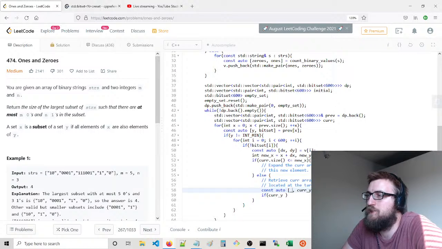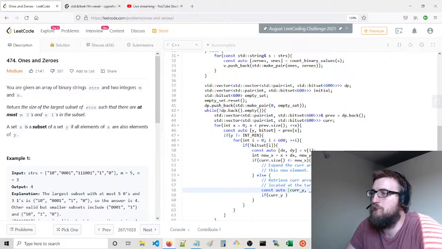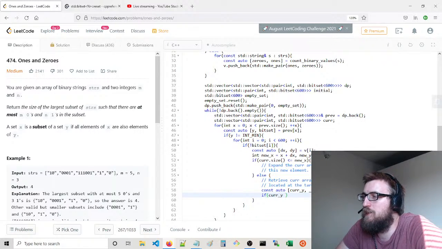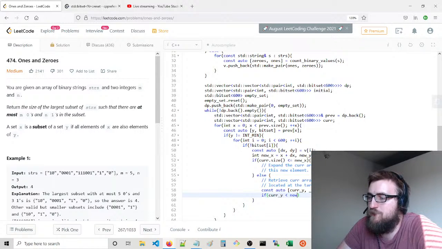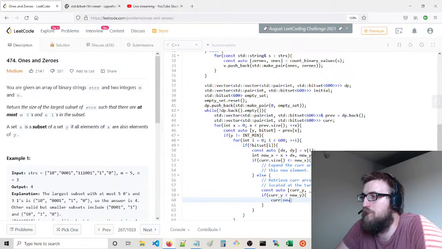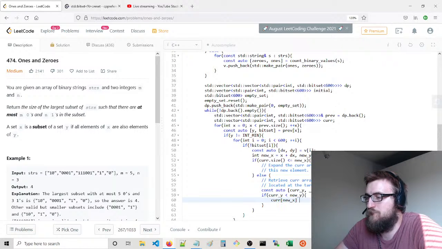Now that's the bit set, so really it's current y and then bit set y. We don't really care about bit set y. If current y is less than the new y, we're trying to maximize new y, then we're going to update current of new x equal to